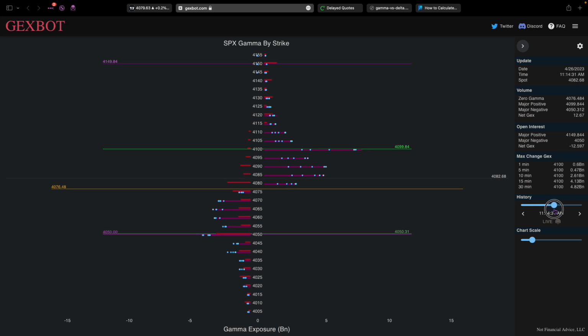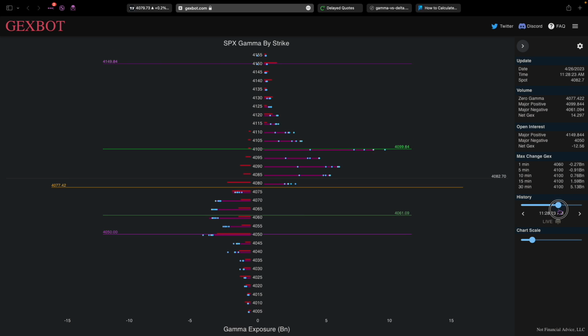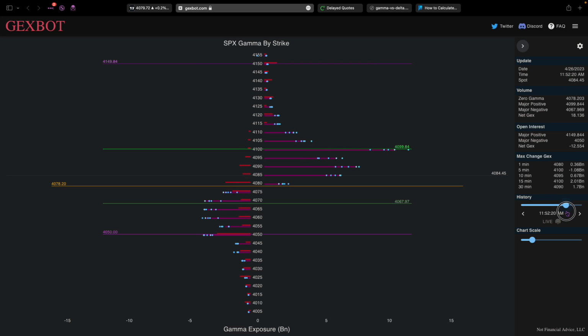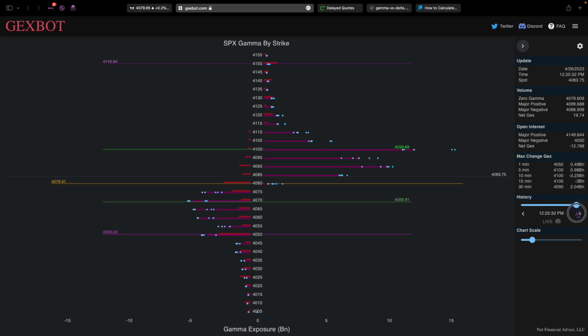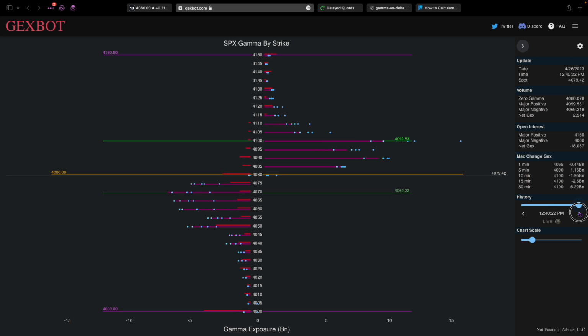You can see, oh wow, those 4100s were really growing for a while, and now they started to taper off. Very cool. Oh, actually, it kept on growing all day, and they only started to taper off around 12:30. Okay, let's get back to live. In any case,